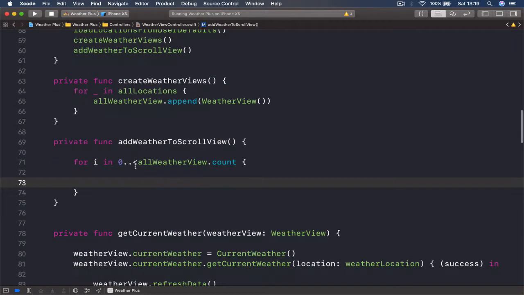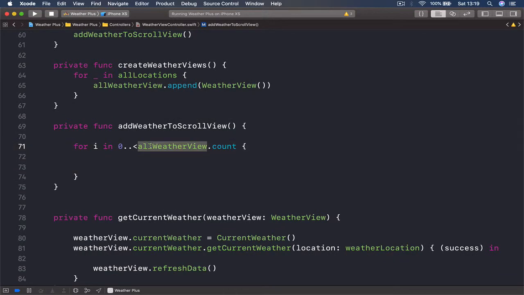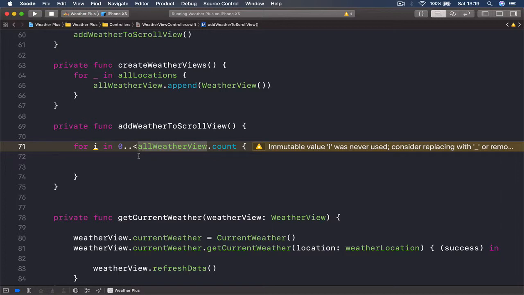So we go through every object in our allWeatherViews, and for every weather view item, what we want to do is to add them to our scrollView. So let's get the weatherView. So I'm going to say let weatherView. So we are getting one by one weather views from our array,